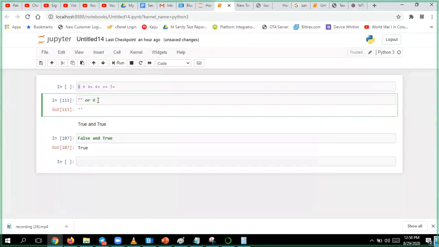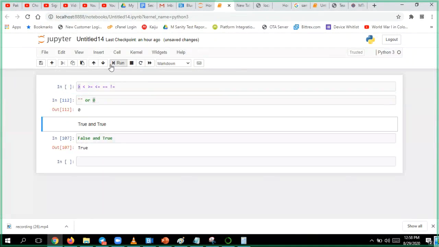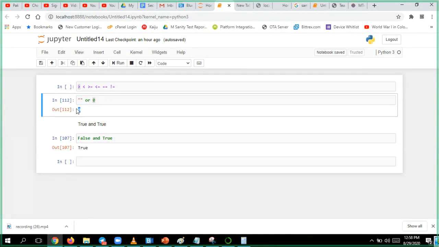Okay. If any one of these two is true, then I can go to the second value. There also, if it is false, then I will return the last failed value. The last failed value is this. See this, the last failed value I got.